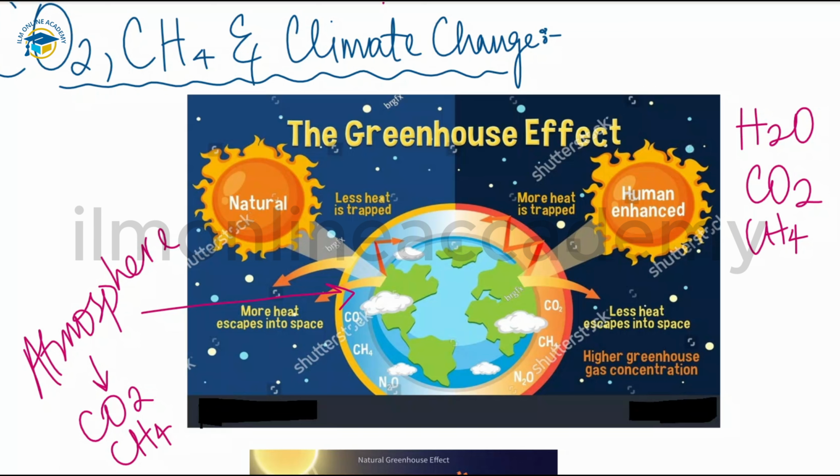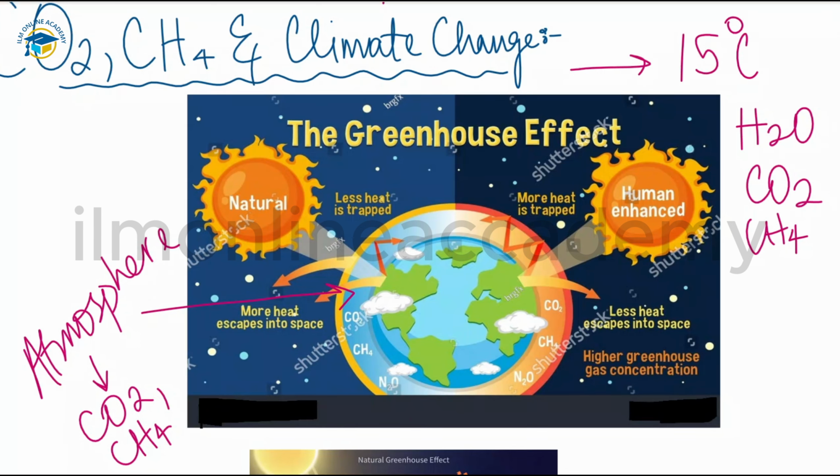A suitable amount of gases are present there that provide us the thermal energy or the heat from the sun, and this is trapped at the earth's surface by certain gases in our atmosphere. By trapping the thermal energy which is reflected from the earth's surface, the greenhouse gases maintain an average surface temperature of about 15 degrees Celsius.